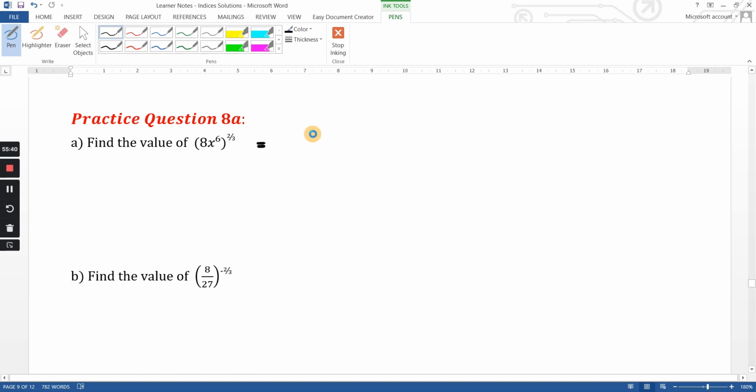So I've got still got this, and I've got power 3rd and times by 2. Yeah. So now, let's apply the power 3rd to everything inside. So that means it's going to be 8 to the power 3rd,